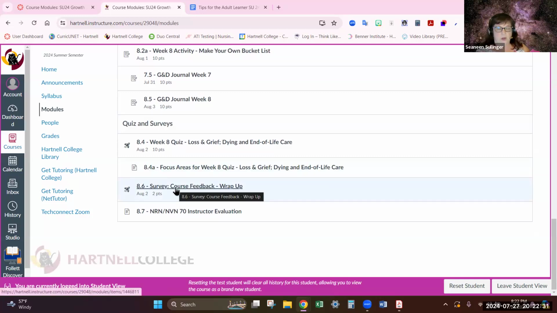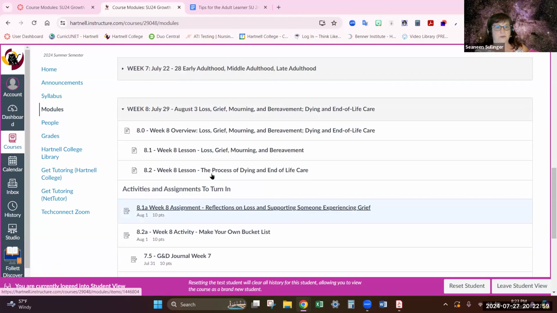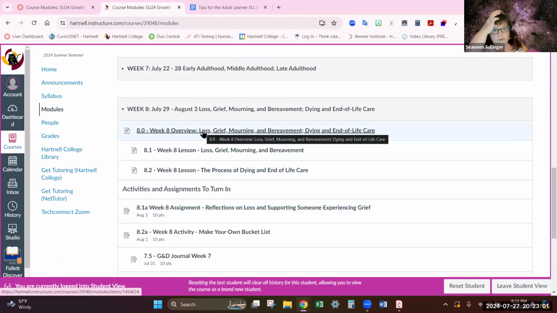Each survey can earn you up to 2 extra points. If you complete this particular survey, which is in Canvas, this is course feedback, you will automatically earn the 2 points once you complete the survey. In order for students to earn the 2 points for the instructor evaluation, 100% of the students need to complete the evaluation, and then you will see 2 points added on to your score. So let's review the overview, and then we'll go through the